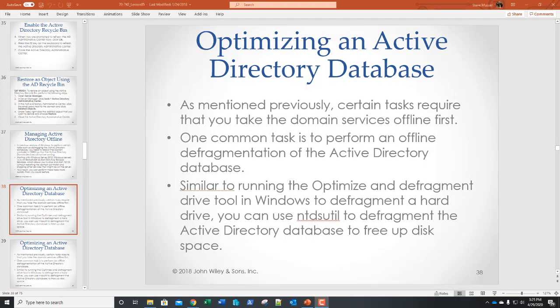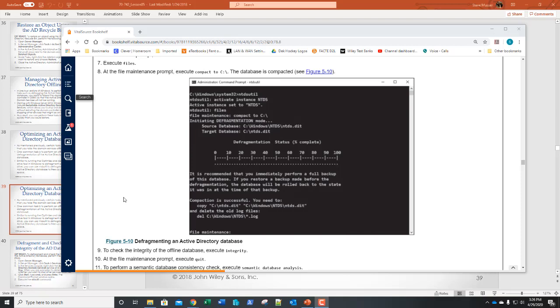Now, like any database, like any file structure, sometimes you need to defrag it. You need to maintain it. How do you do this? You have a command line utility, NTDSUtil, and you use this to work with your Active Directory database, and you'll be looking at that. For example, from your textbook,